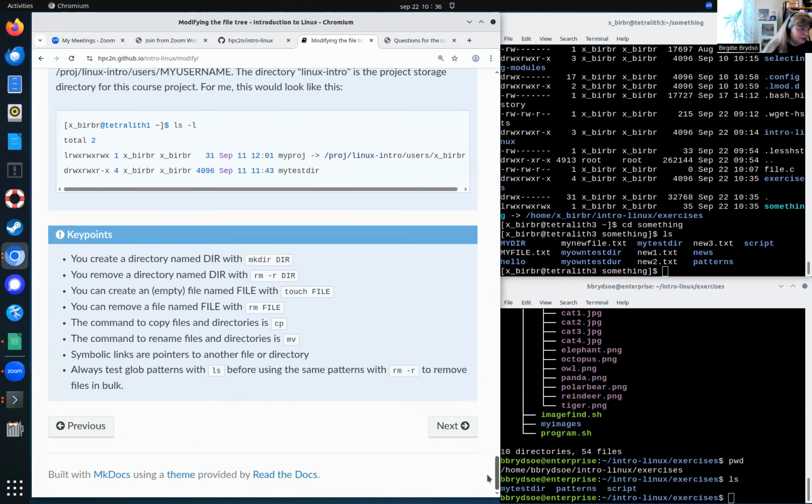Okay. So what have we looked at? We created a directory. We have removed directories. We have created empty files with touch, removed files with rm, copying files with cp, renaming them with mv. Symbolic links are pointers to another file or directory. And remember, always test glob patterns with ls before you use rm -r to remove them, or use -i. So